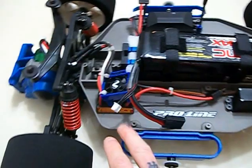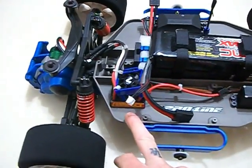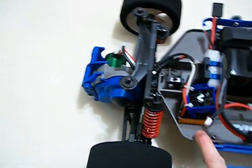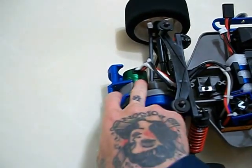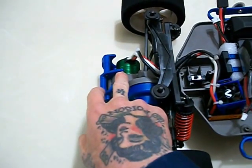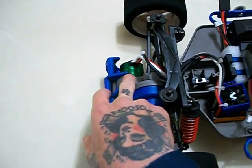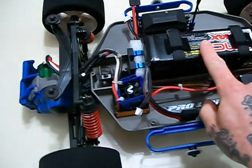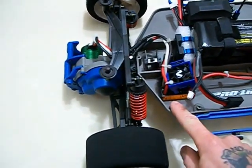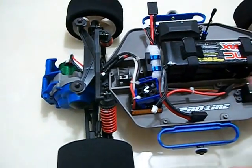I just have my standard Castle Creations Sidewinder SCT brushless system in here with the 1410. That's a 3800 kV, what I used to race in. I've done 71 miles an hour with this setup with just one of these 3S cells. But like I said, I'm not running this. This is just in here still because once I get everything set up better,